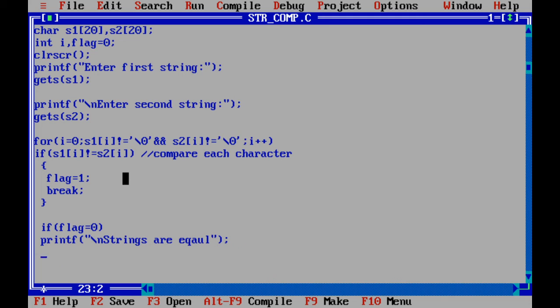Because flag is equal to 0 means it has not become 1. And why it has not become 1? Because there is no not equal to. So every character of first string is same as every character in second string. That's why flag remained at 0. So flag equal to 0 means strings are equal. We have to compare here, so double equal to, and then else